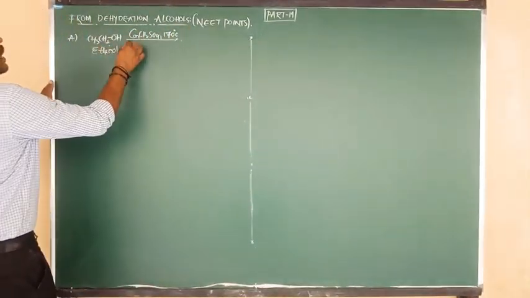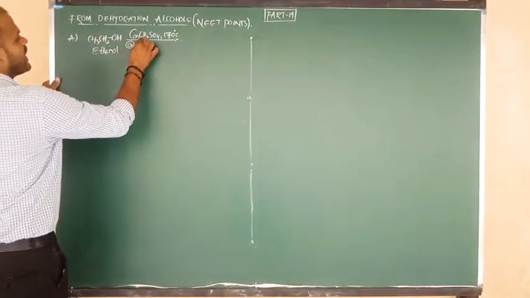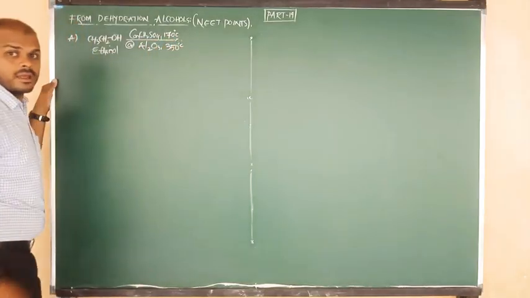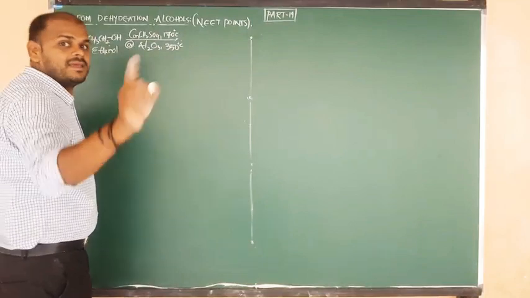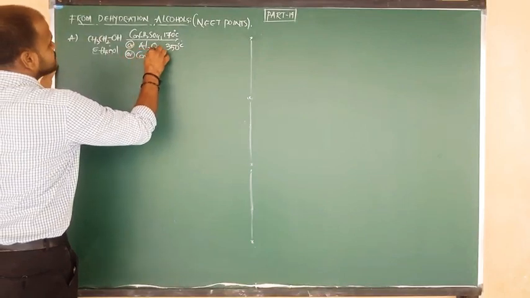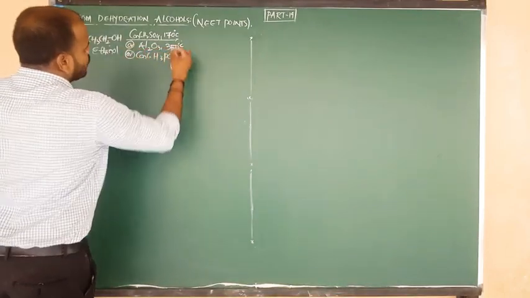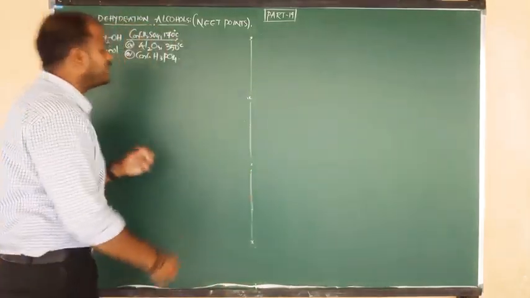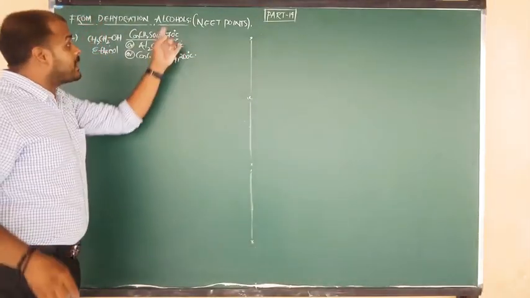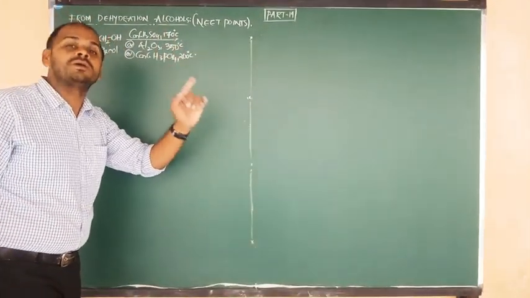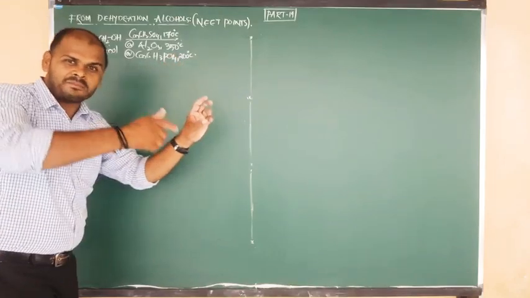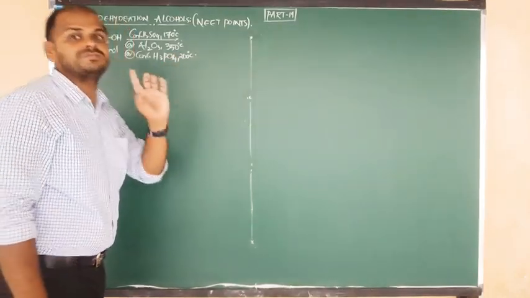I told you. And also we can use another reagent, that is Al2O3 at 350 degrees Celsius. ये भी मैंने आपको बता दिया. And also we can use another reagent. इसलिए मैं बोल रहा हूँ this is important for NEET. Okay. Another reagent is concentrated H3PO4, concentrated phosphoric acid, at a suitable temperature, that is 200 degrees Celsius. Along with the temperature, try to remember, because these are thermodynamically controlled reactions, meaning they depend on temperature. अगर temperature change किए ना, product भी change हो जाता. That's why I'm saying that.